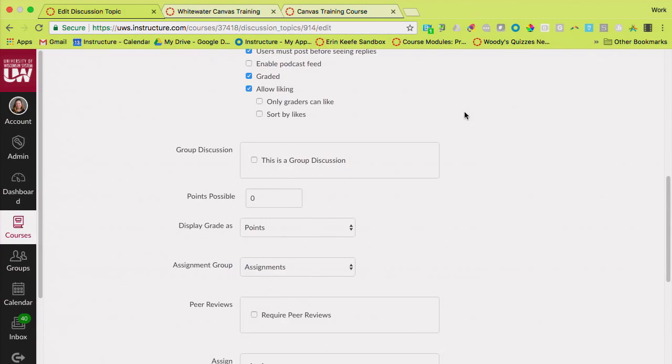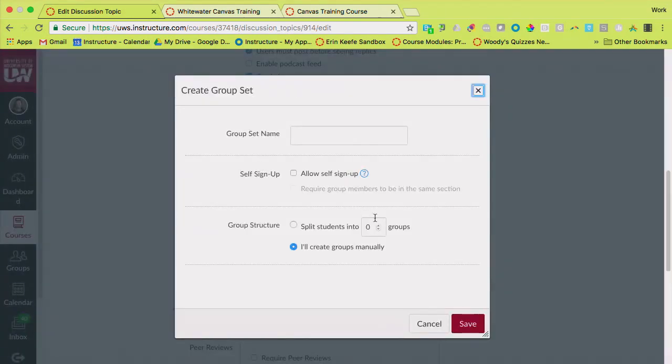Okay, group discussion. There is the idea of a group discussion. Let's say I have one question, but I want students to respond in groups so that they can only see each other's posts. So I could give that group a name from here. I could call this discussion groups. Maybe every time my students respond, they're always responding in the same discussion group.